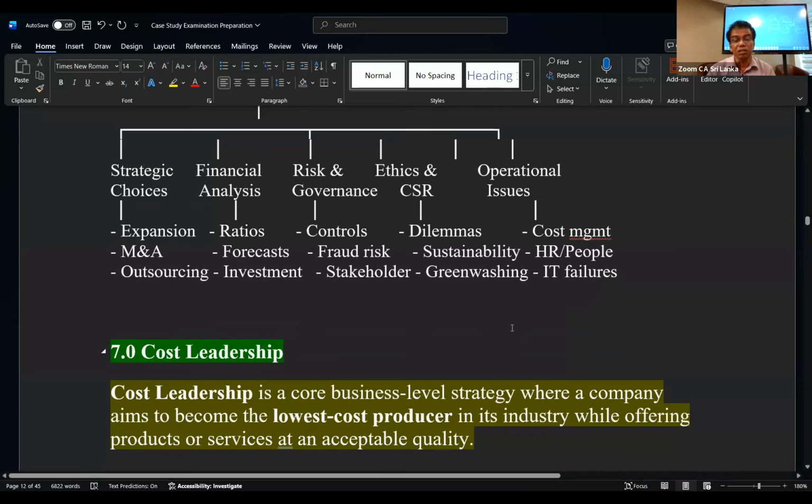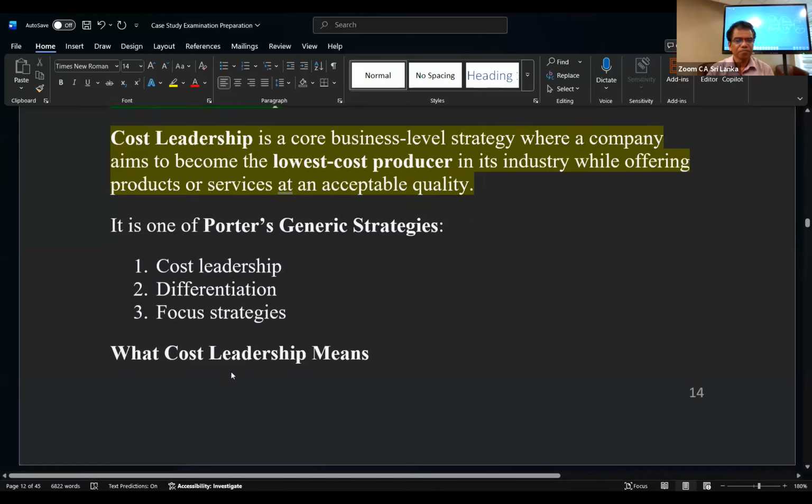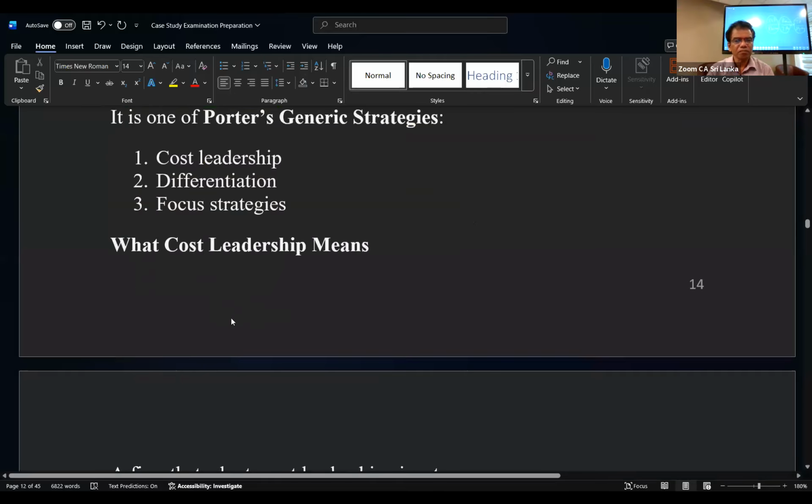Cost leadership. Depending on your organization or the bank, whether it is a cost leader. In those days, Ceylon Bank was branded as a cost leadership bank, right? They had low cost operations. Maybe now it's changed, because now they have also gone for technology investment. Earlier they were branded as the cost leaders. Then differentiation and focus strategies. So either one can come, right?